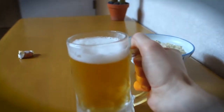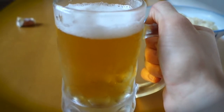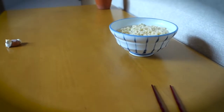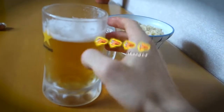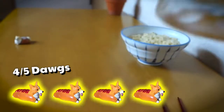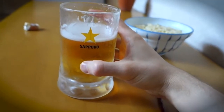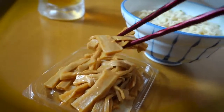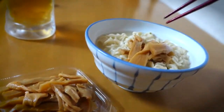And wow, that beer actually ain't half bad. I got to admit I wasn't expecting much from a beer can with a hipster frog on the cover, but actually this beer is quite nice. In fact, if I were to rate it, I think I'd give it a 4 out of 5 dogs. I mean, this beer's got a slightly sweet, slightly citrusy, mildly hoppy flavor that has most definitely improved my life. In fact, that beer actually reinvigorated my soul and put me back in the mood to get some serious ramen